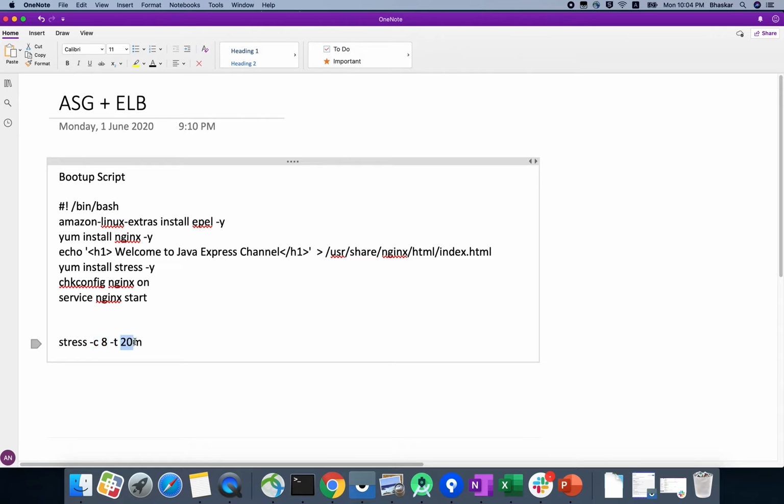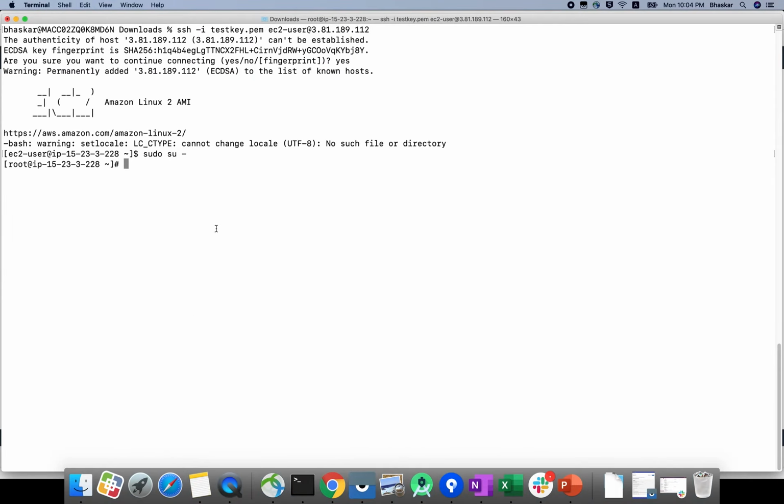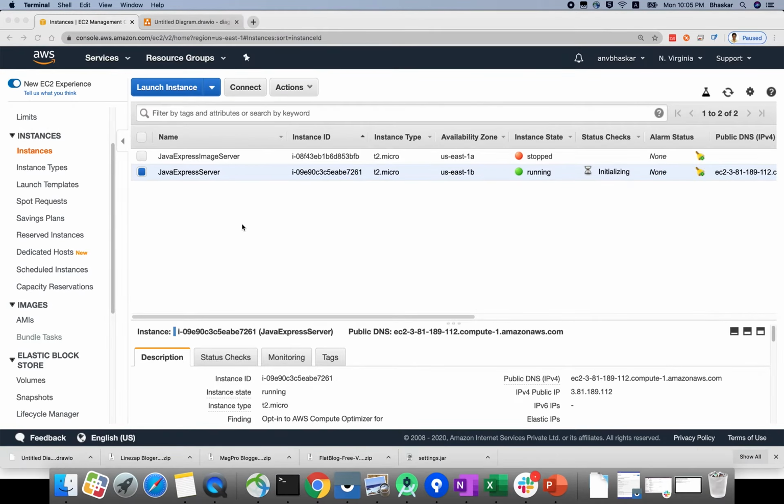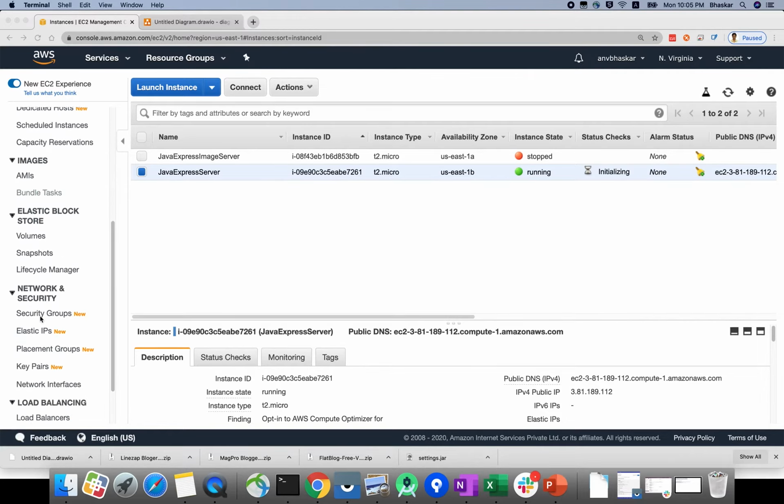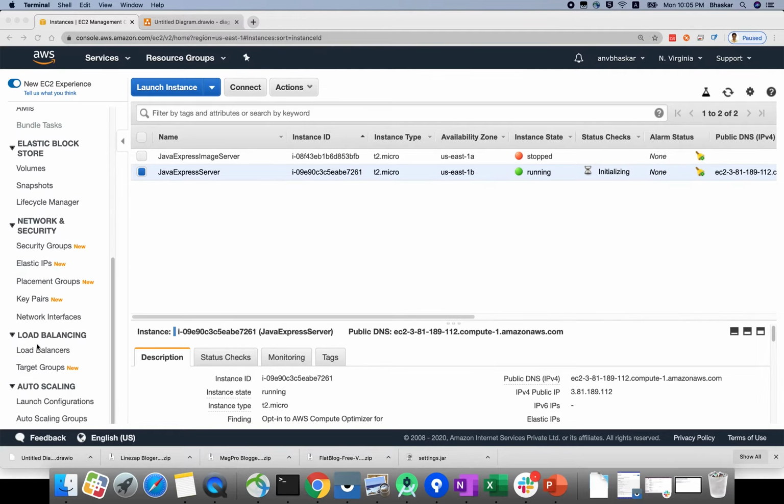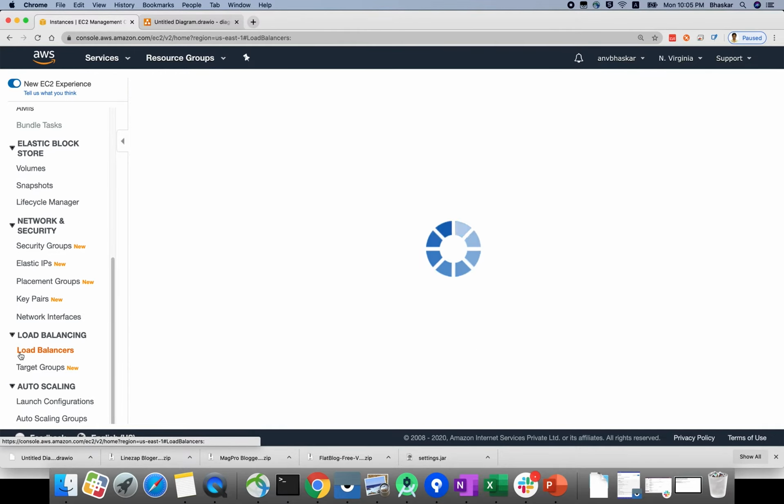Running with 8 vCPU, utilization will increase to around 80%. Now I'm running it, enter. It will take around 10 minutes for your instances to be ready. Let me minimize. In the meanwhile, I will show you the load balancer. This is your load balancer.